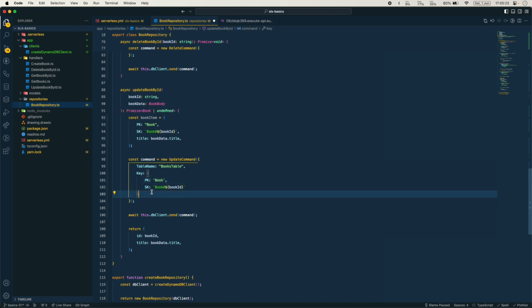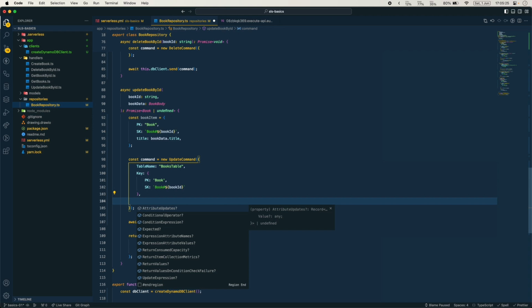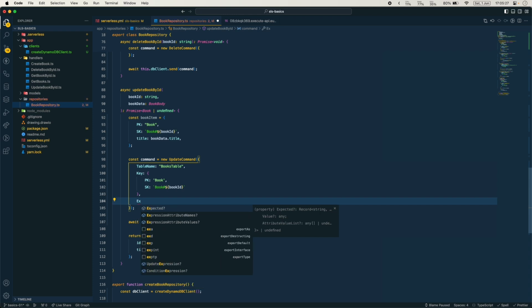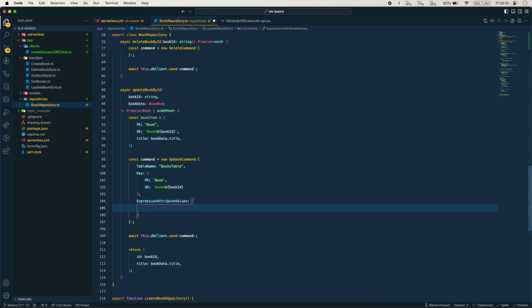Okay, and what is the new values that we want to update? So we can say expression attribute values, and the values that we want to update is the title at this point. That's the only thing we have. So we can say body data.title